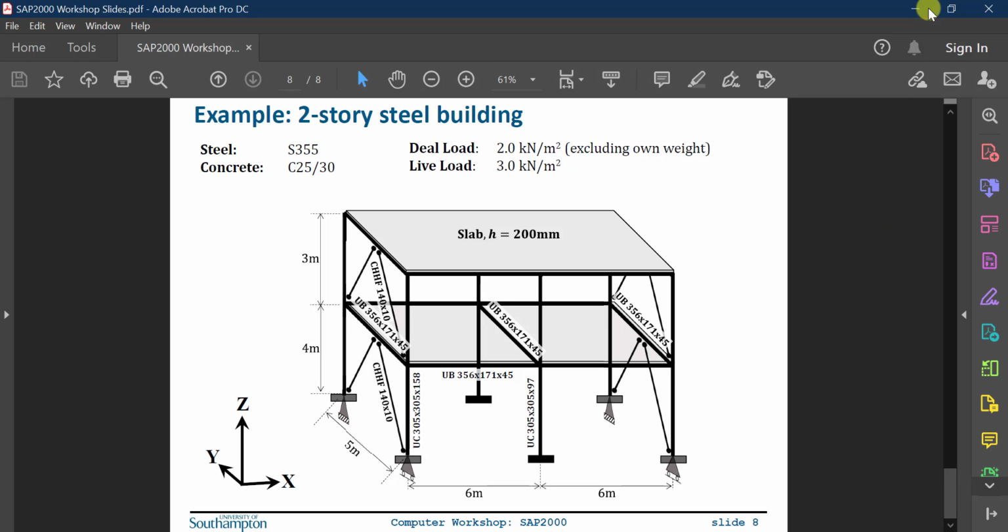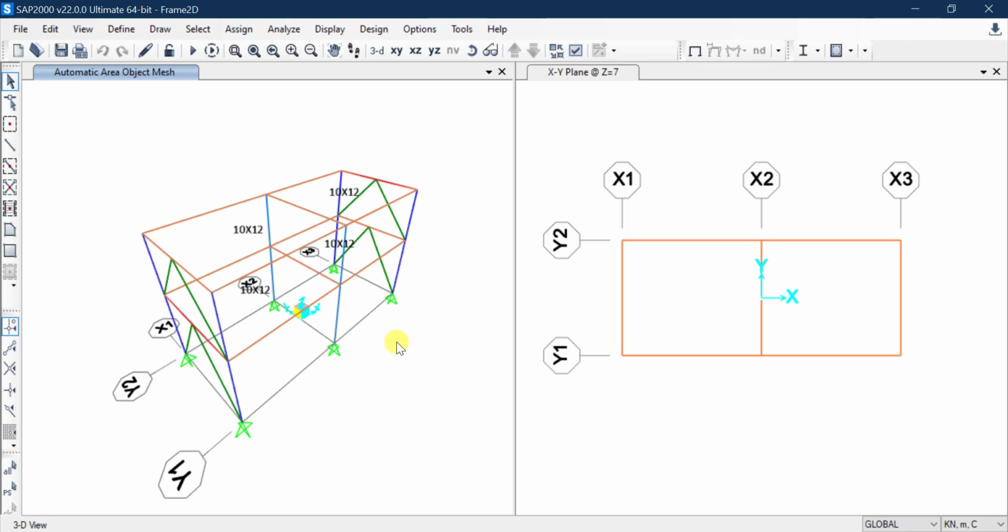So we want to modify those boundary conditions that have been generated by SAP and do our own. How can we do that? Well, we said from before that from now on we have define and assign to use in every step. So in this case, I will select the point. If I select those points, those 4 points,